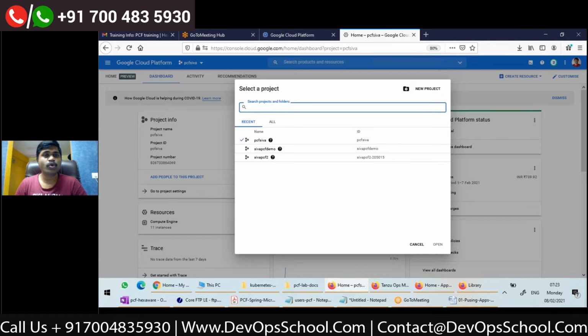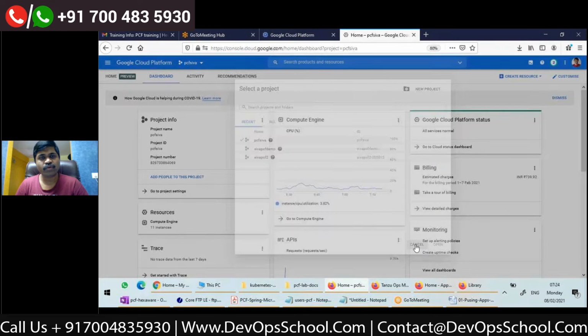So whatever you are going to do, you will be doing inside one Google project. I am logged into my account and I'm inside a project called PCF Siva, and in that only I have installed all my Cloud Foundry.